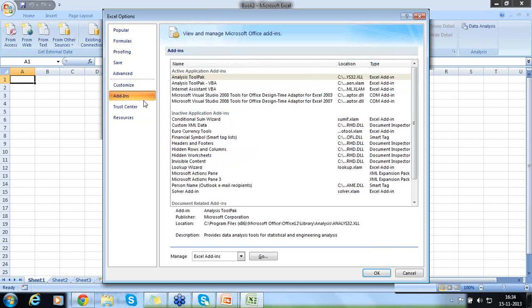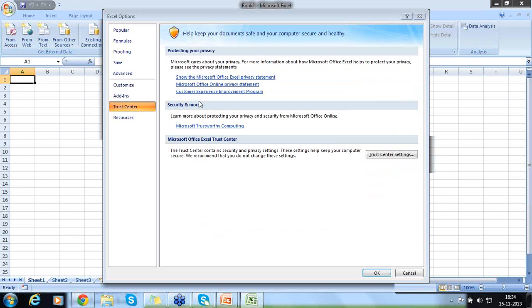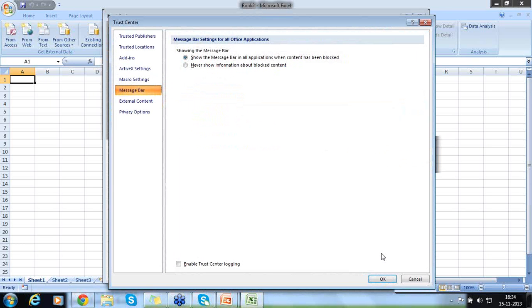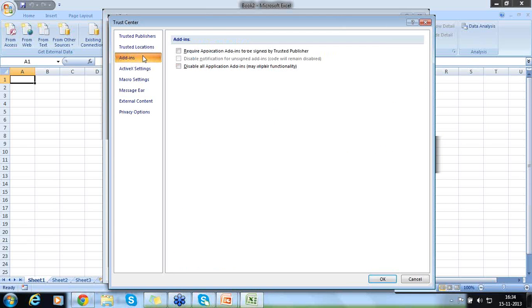Okay, first in this Trust Center there will be a setting to enable the macro. In Trust Center you have to enable that macro here. Right now it is not available because I have already enabled it. I'll give in the class notes exactly the names that you need to change so that it is easy for you. Okay, I come here, trusted locations,